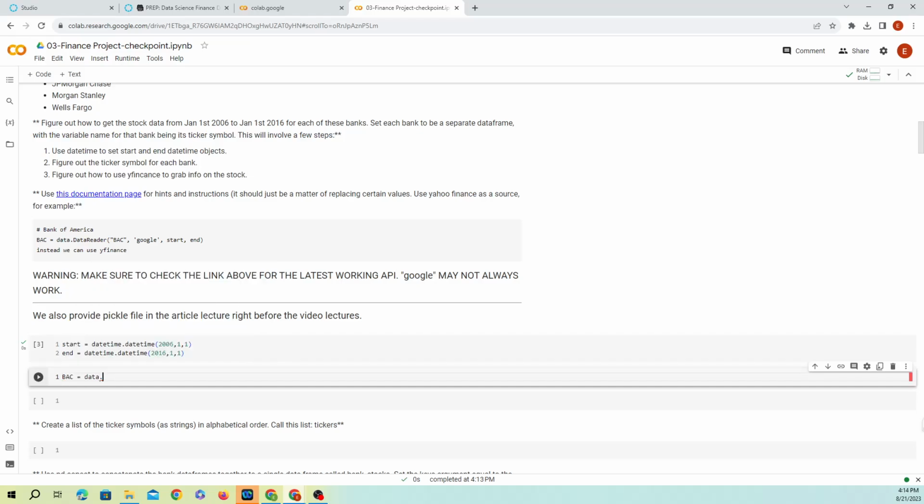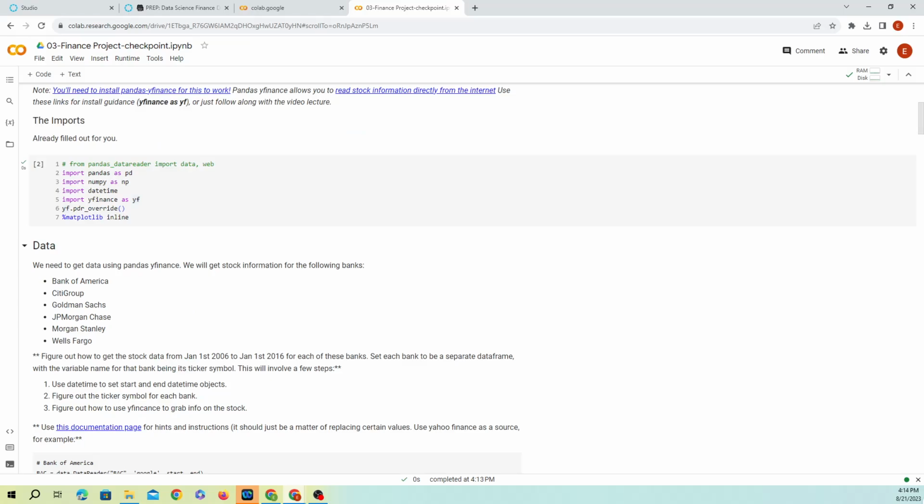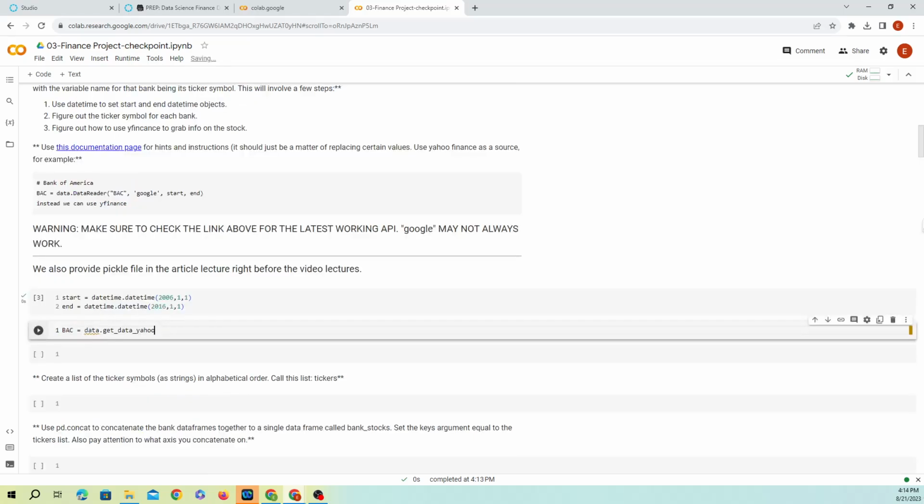We're going to extract data, and we're going to use this method called get_data_yahoo. This is going to allow us to extract data from this kind of API. This is an API from the Yahoo website.